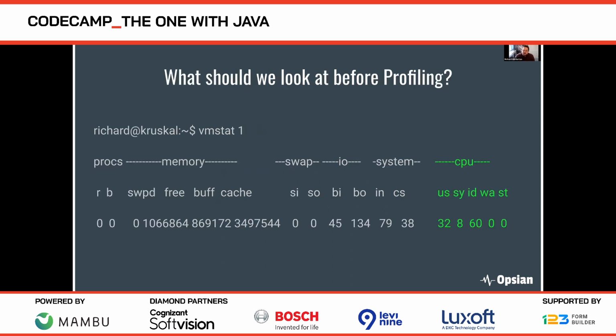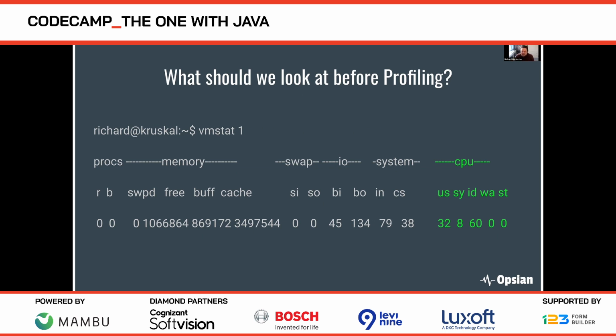Now, I'm going to go through some profiling in this talk, but we also perhaps want to think about what we do as well as profiling. The first thing we can measure is just basic CPU stats on our production system and understand what is using up different types of time. I've highlighted in green here the CPU output from vmstat, just to give you these 5 categories of CPU time. They're rather mystically named: us, sy, id, wa, and st. User, system, idle, wait, and steal.